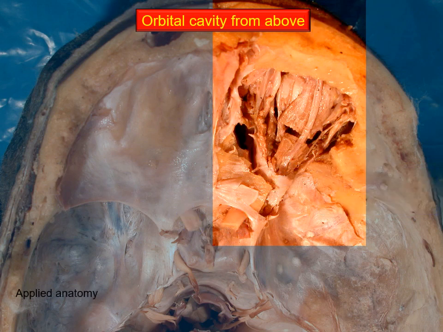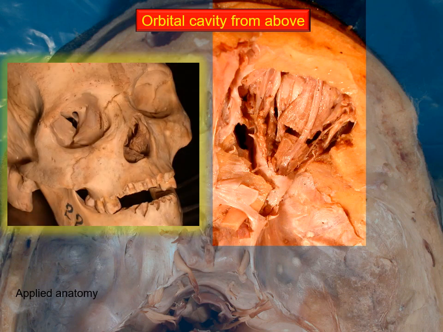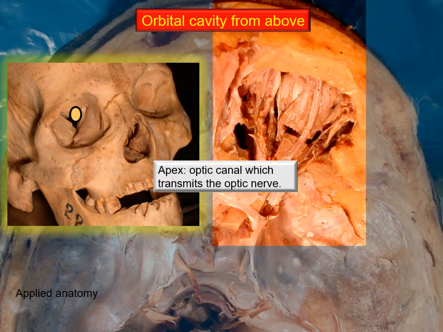Now you see, that's the area of dissection which we will take up now for discussion. Now before we go further, let's have a look at the walls of the orbital cavity, the bony walls. That's why on the left, another photograph of the dry skull has been introduced to give you the orientation. Now the apex is the optic canal which transmits the optic nerve. Base is anterior and that is the orbital margins. That means this is a four-sided pyramid. Apex is posterior, anterior is the orbital margin.